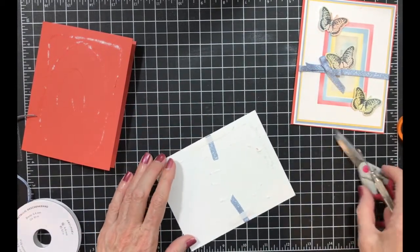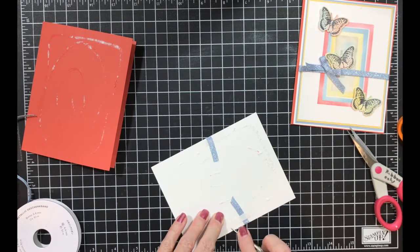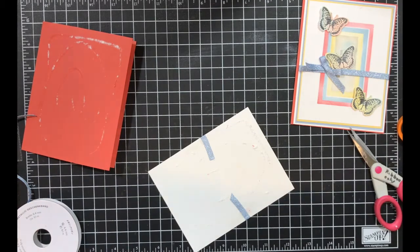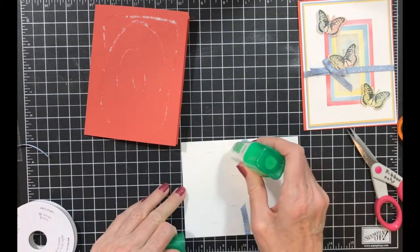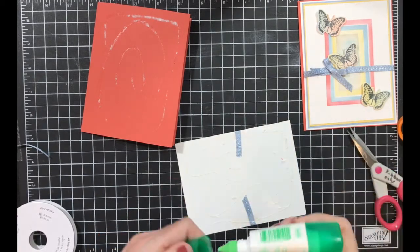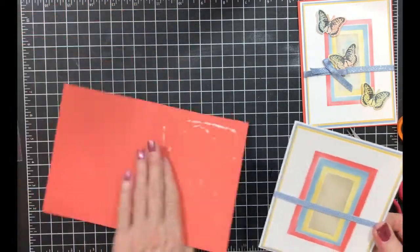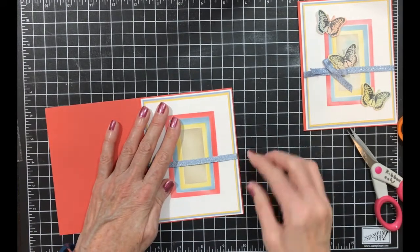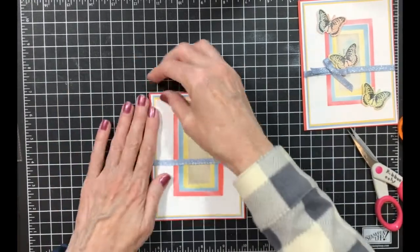So, I gotta add more glue and try this again. I'm just glad I didn't mess up my card base, or I'd be cutting a new card base. But that's okay, because you can then use this as a layer. All right, let's add some more glue. I'm gonna try to add it in different spots than before. All right, now here we go. So as you can see, it grabs pretty quick. There we go. Woo! Boy, am I glad I...